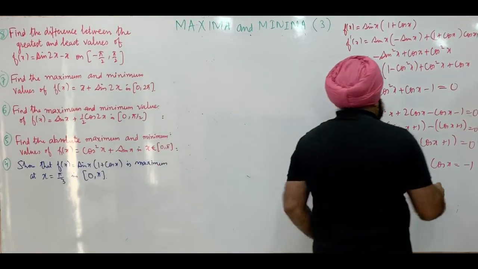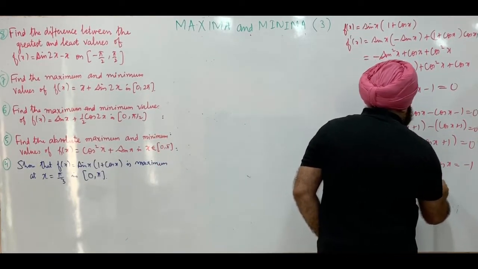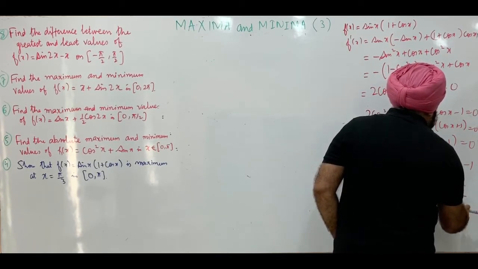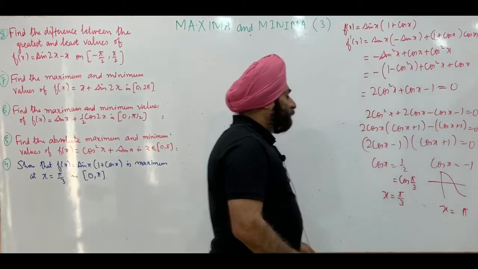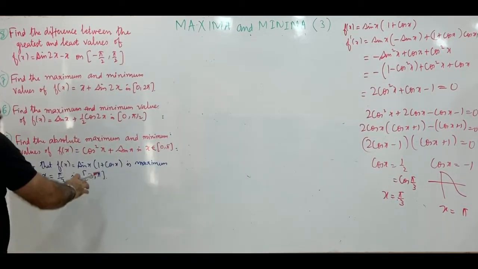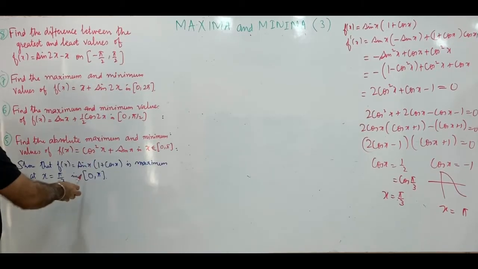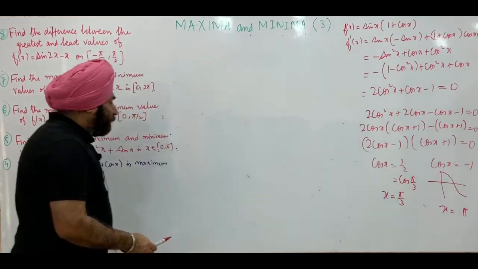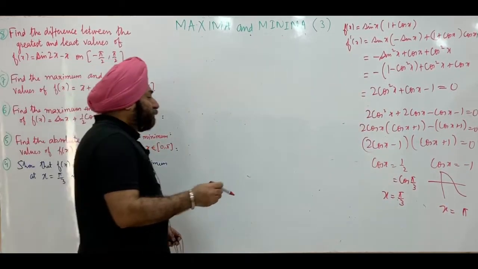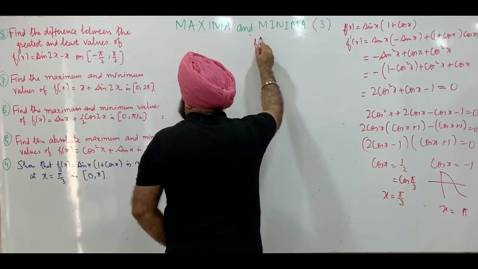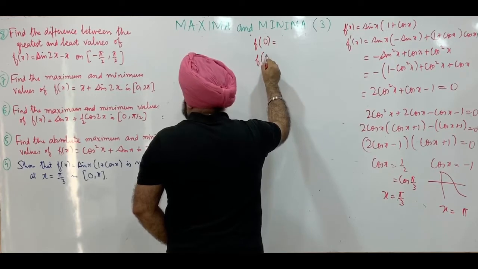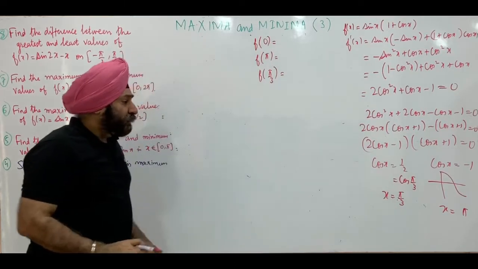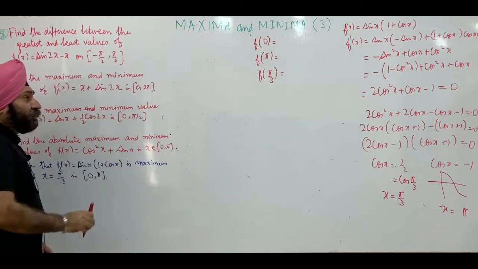Cos of x is minus 1, so this is the graph of the cos function, and this is when x is pi. Cos of x is minus 1 when x is pi. So this also lies in this interval. Now we have the starting point, then we have the critical point. This critical point and the end point is the same. So that means we will find 3 values. We find f of 0, f of pi, and f of pi by 3. Pi is a critical point, also the end point of the interval.